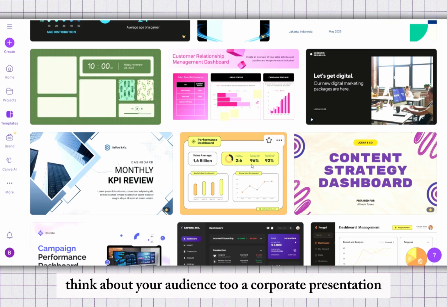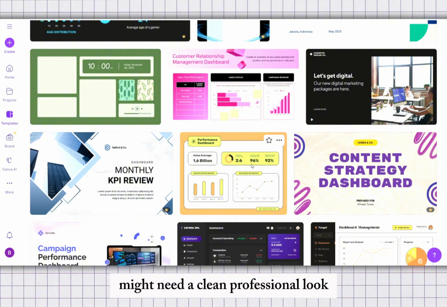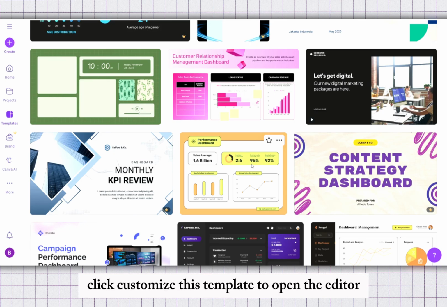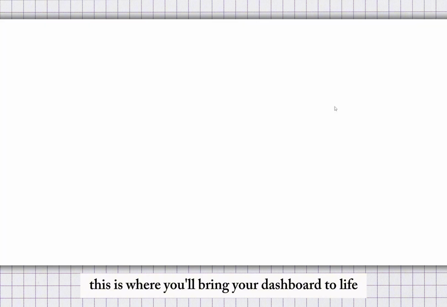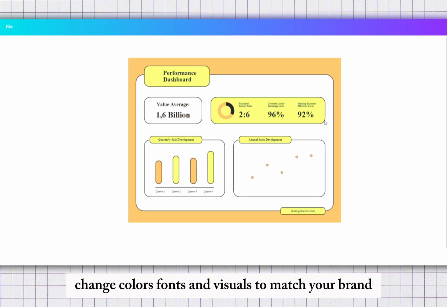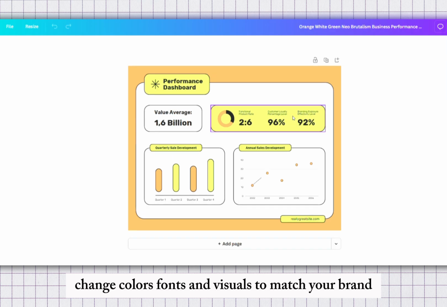Think about your audience too. A corporate presentation might need a clean, professional look, while a personal project dashboard can be more creative and colorful. Click Customize this template to open the editor. This is where you'll bring your dashboard to life. Here you can add your own data, adjust charts, change colors, fonts, and visuals to match your brand or personal